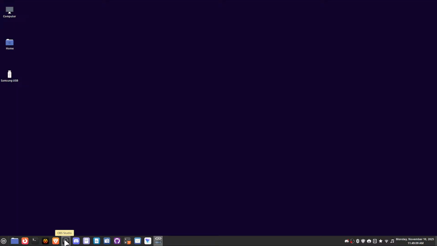This is the repository, OBS Studio, right here. I haven't removed it or anything, so it's got its own icon. I picked this film strip icon for the Flatpak version, so I know the difference. And I might eventually just get rid of this version of OBS. I'm not sure, but anyways,